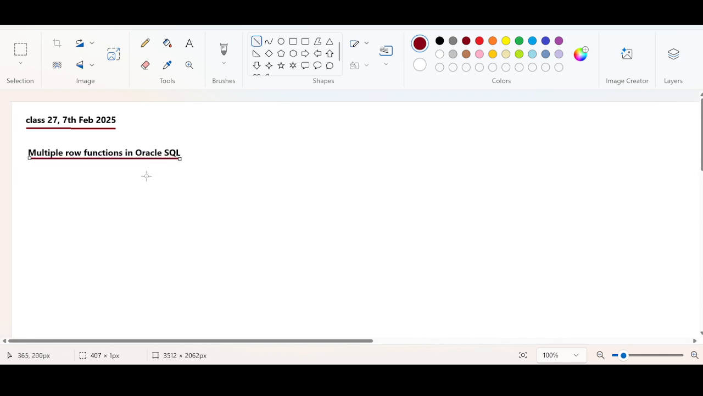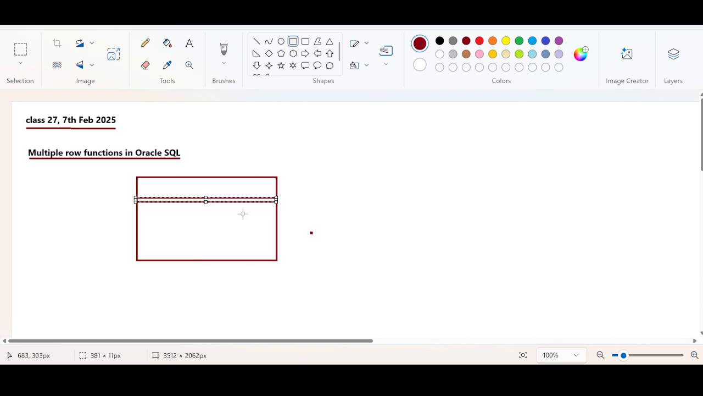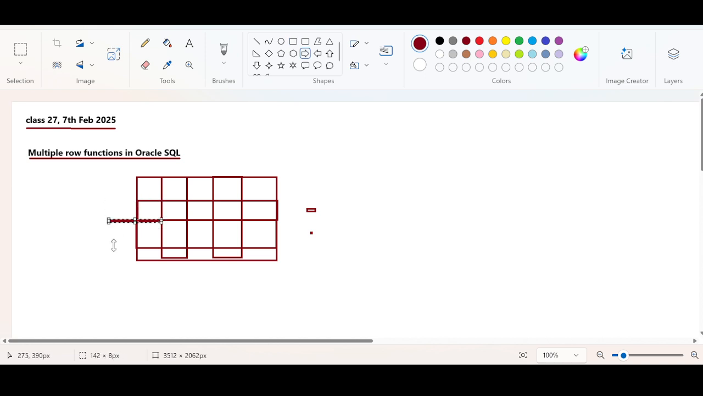Yes. So what is a multiple row function? We can say that it is a function that can operate on multiple rows of a table. For example, if you have a table, you have multiple rows in a table. You are not going to deal with only a single row. There will be multiple rows. So when there is a function which is operating on many rows, mostly all the rows,